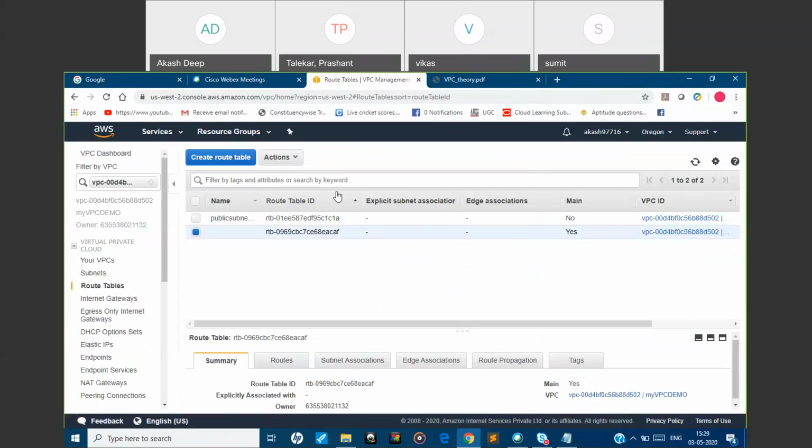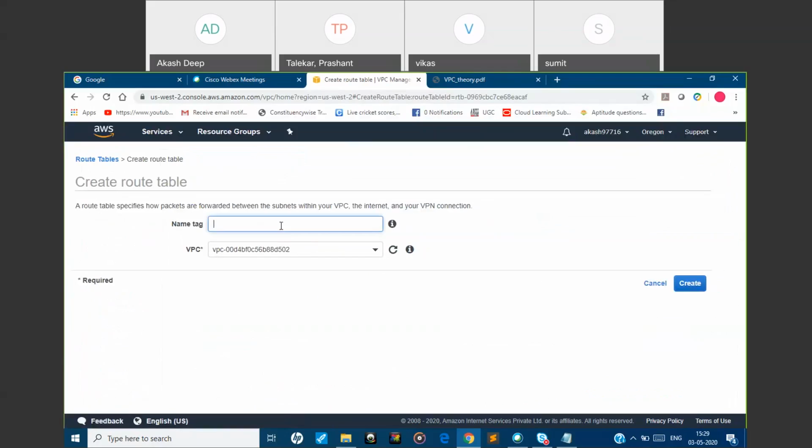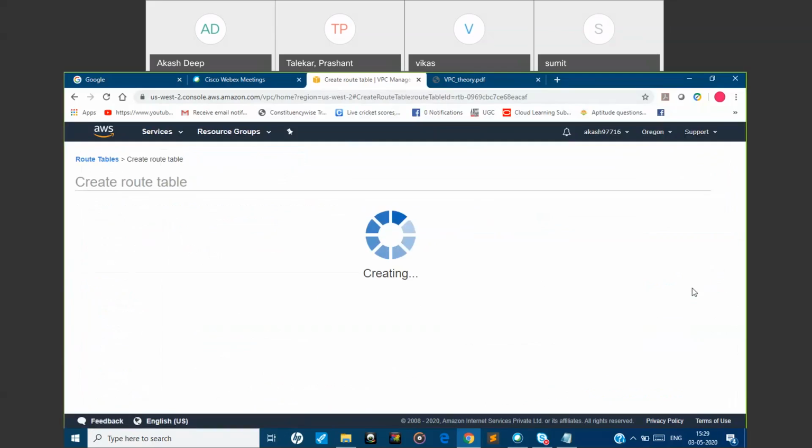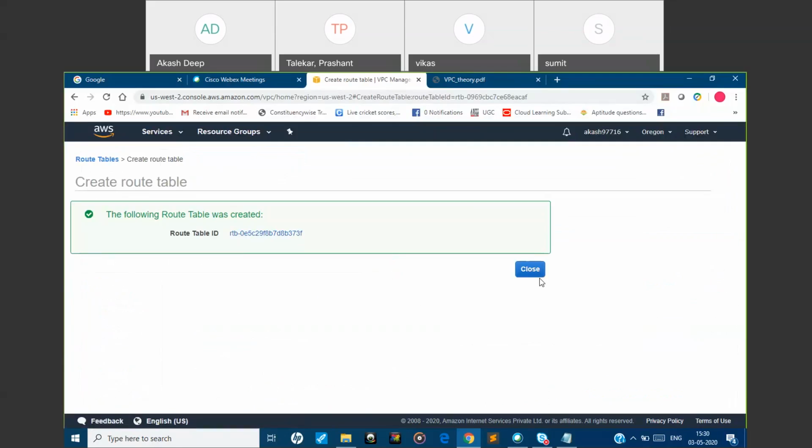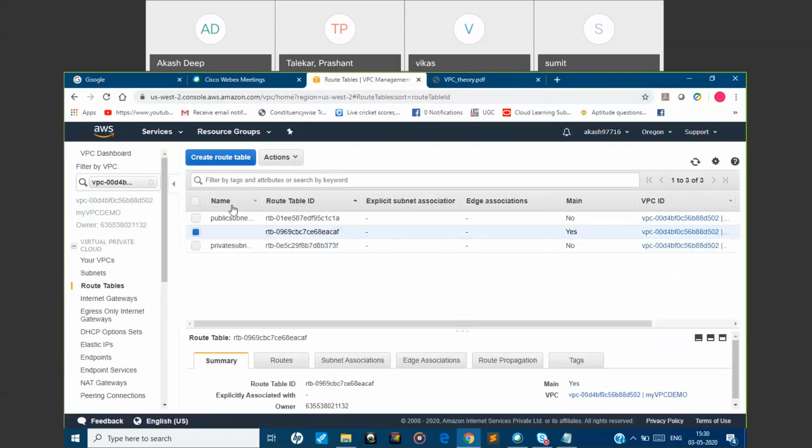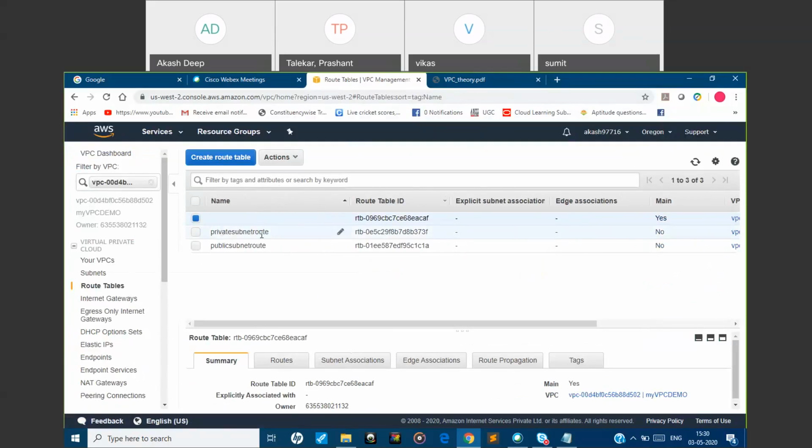Similarly, we will configure a route table for private also: private subnet route. We'll click on create. It got created, right? So basically we have a public subnet route and a private subnet route.